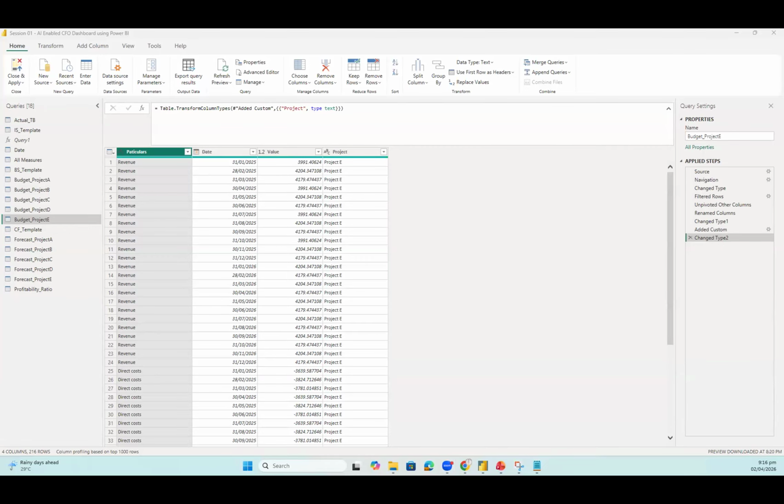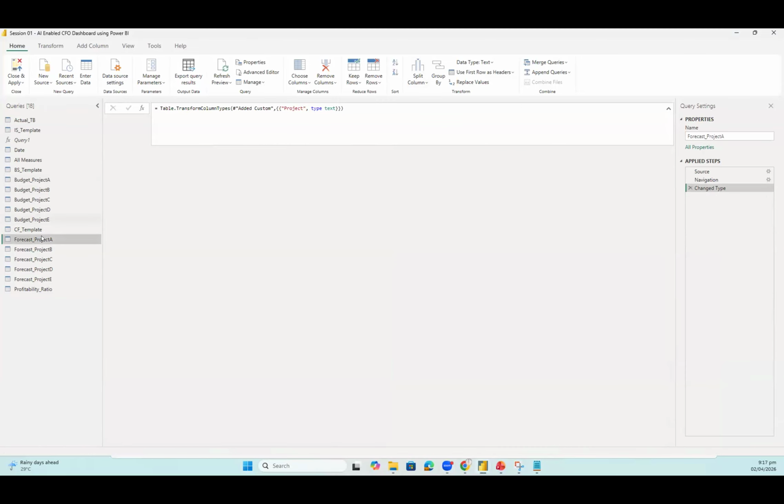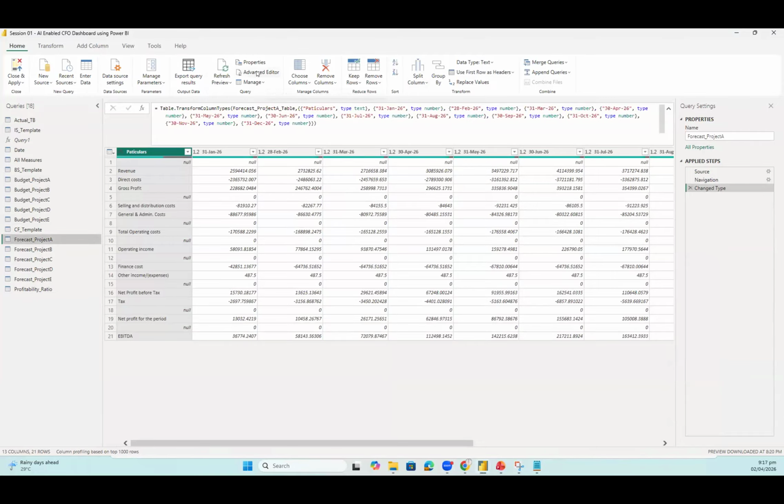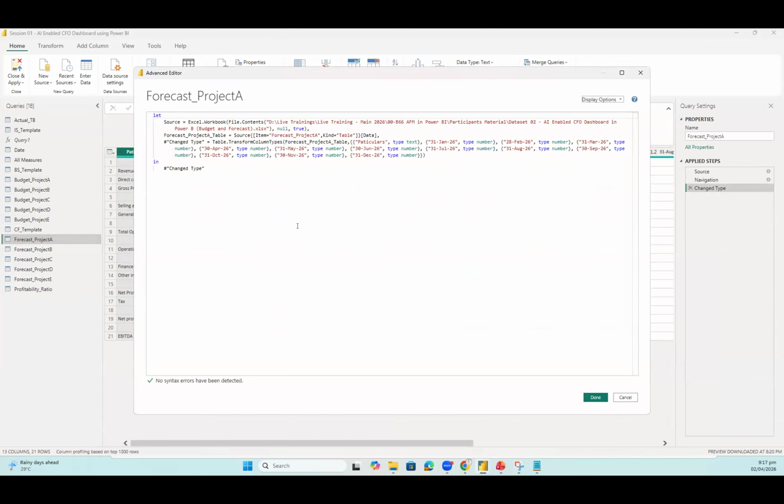So we will do the same activity for the forecast. We have the forecast as well. I will go into forecast project A, advanced editor, and I will do one more thing, which is